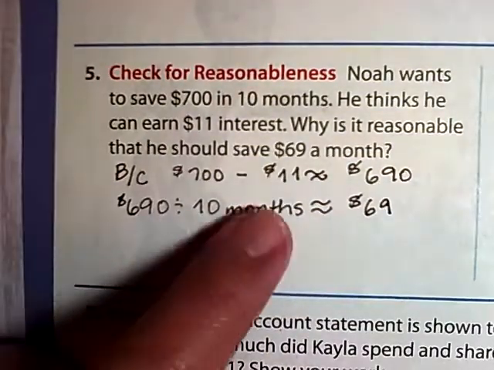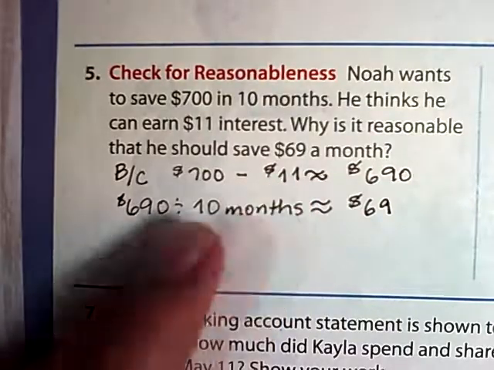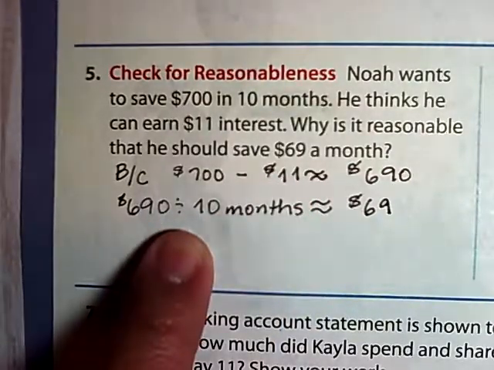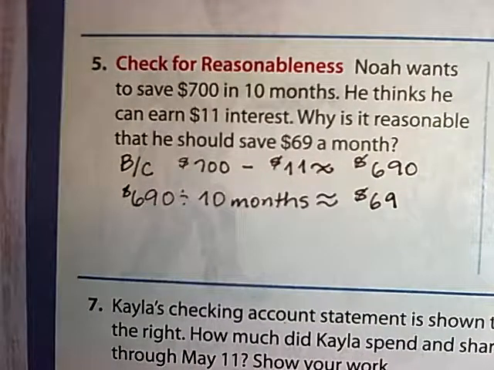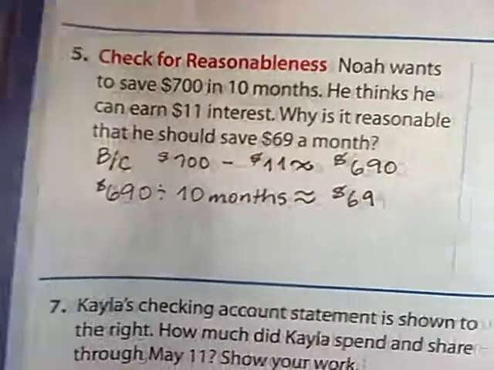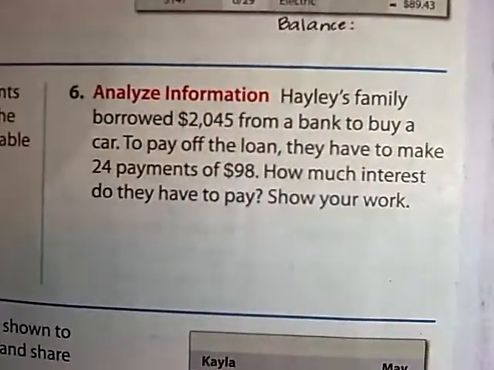Why do we go backwards? Because we can't count on that interest earned until he has saved for that long. So the $11 will come as a reward of having saved $69 a month. Okay. Number 6 says that Haley's family borrowed this much money from a bank to buy a